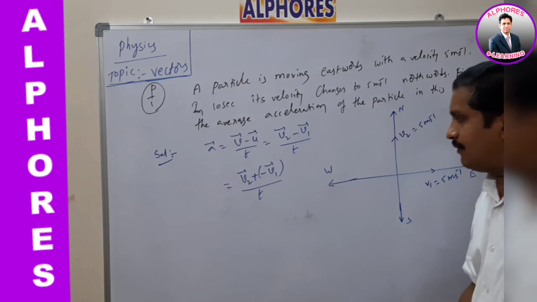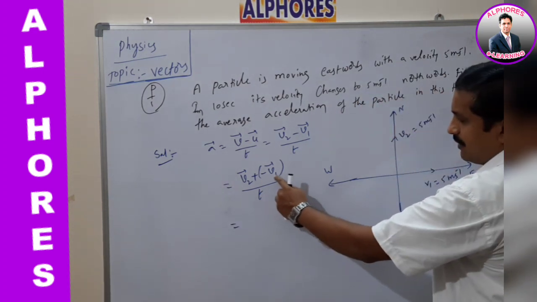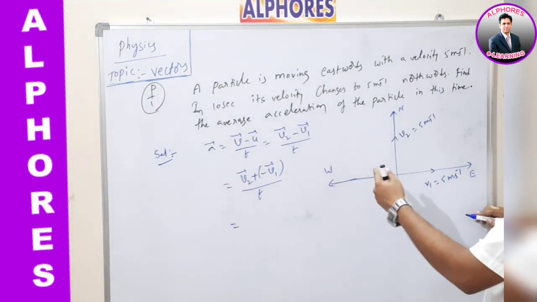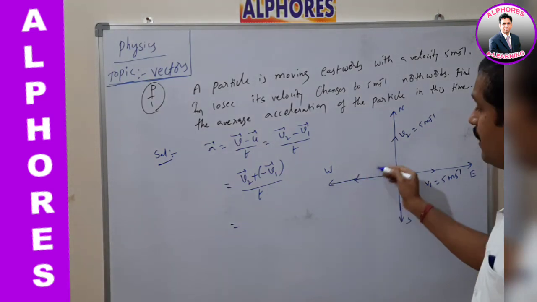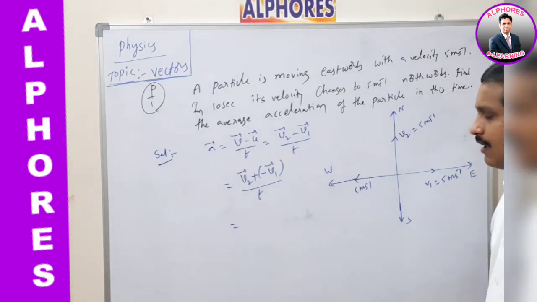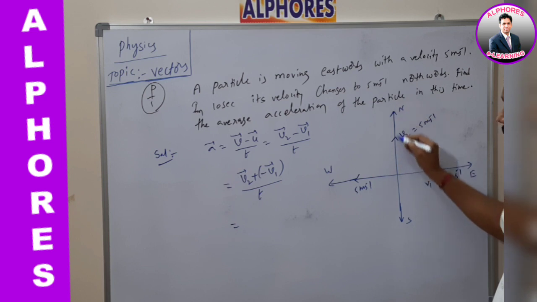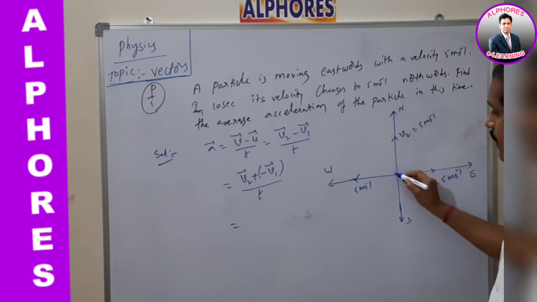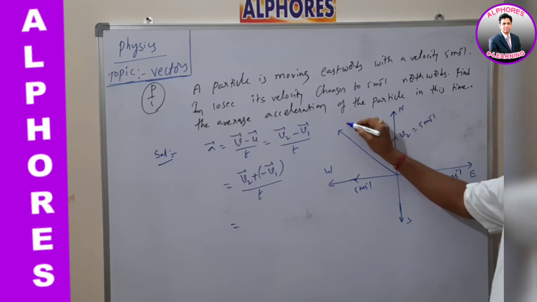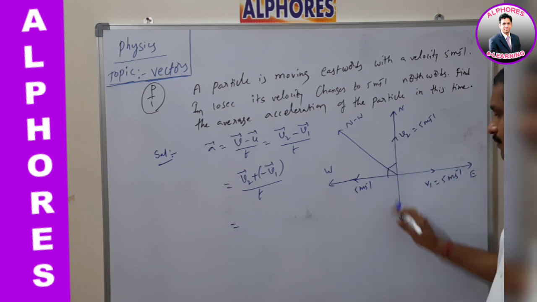So as per this formula, listen carefully. In this formula v1 represents 5 meter per second towards east, but minus v1, the negative vector of this one, means the particle is trying to move along west with 5 meter per second. One vector is along west and another is moving along the y direction, along north. So what is the resultant here? This is the resultant. Average acceleration is in the direction of northwest. This is okay.